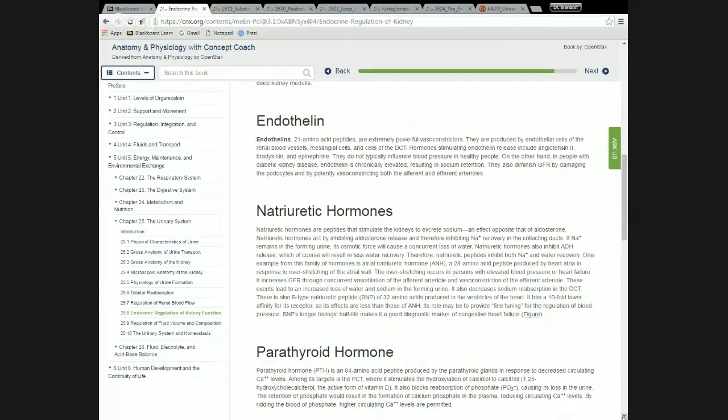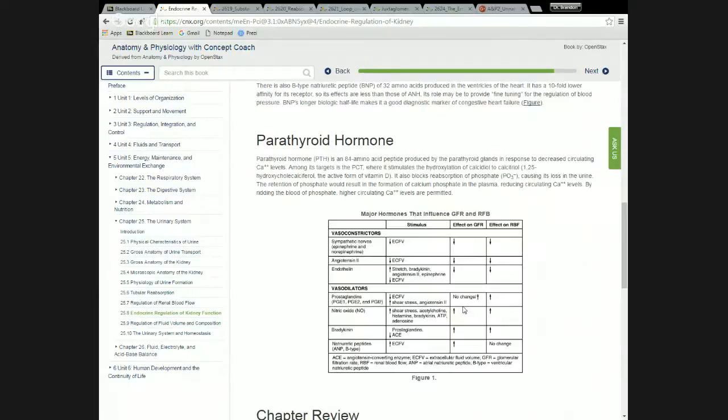It has nothing to do with blood pressure. It's only about calcium homeostasis. It just happens to be on this page with a bunch of other things that are involved in blood pressure. So that's why it's a little annoying. I would have preferred that they put this paragraph underneath this table just to really separate it out as something different. But this table